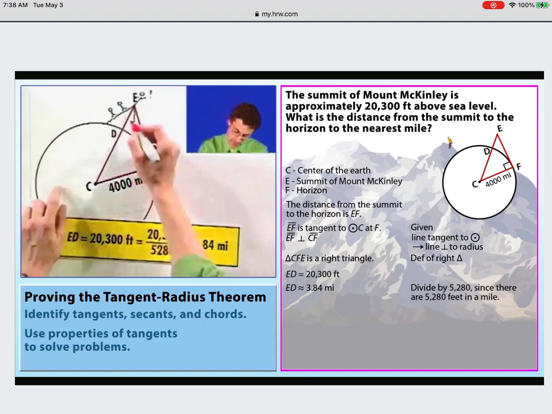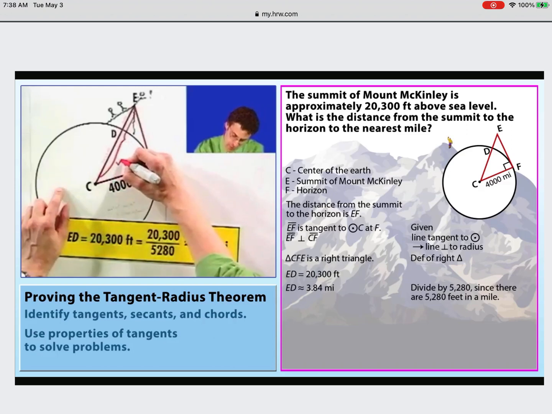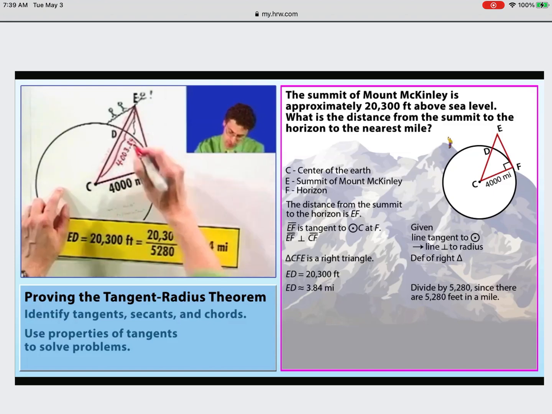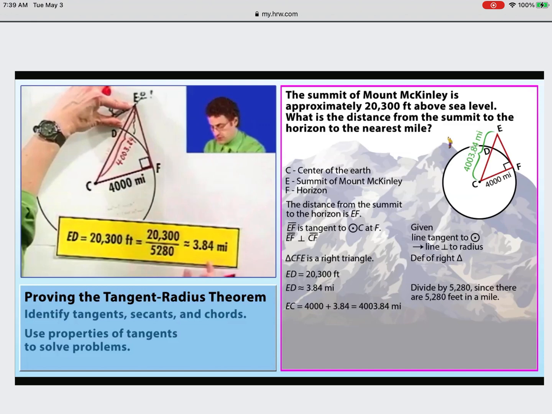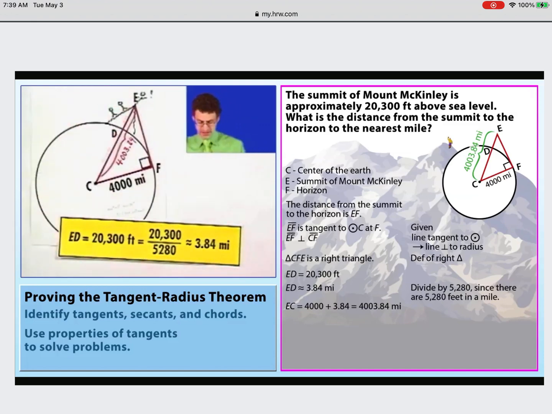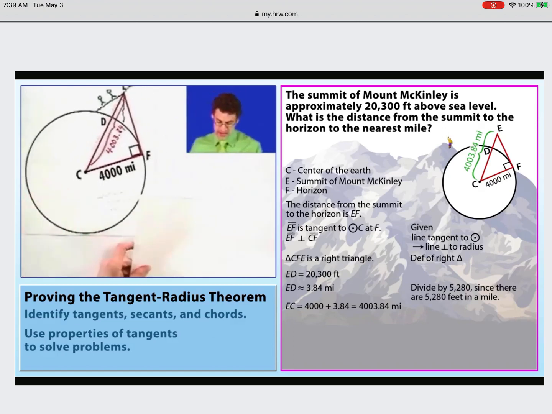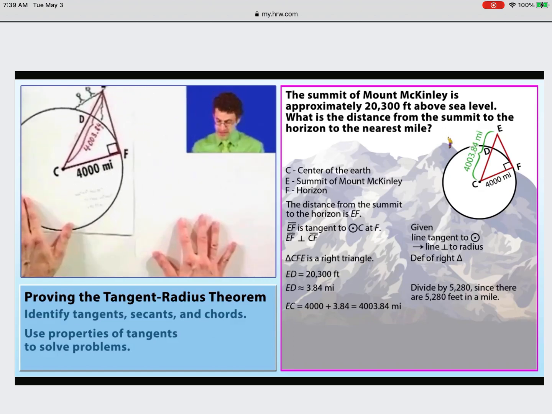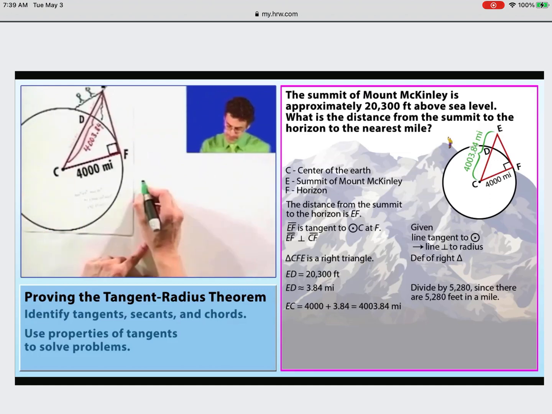So the total length of this is, in fact, what? That's going to be 4,003.84. It's that length, 4,000, plus the little 3.84 we just found. All right, so now we've got a little Pythagorean theorem going on here, which I love. Gotta love the Pythagorean theorem. It's probably the most important and the most famous theorem that we'll ever see. So, the Pythagorean theorem says